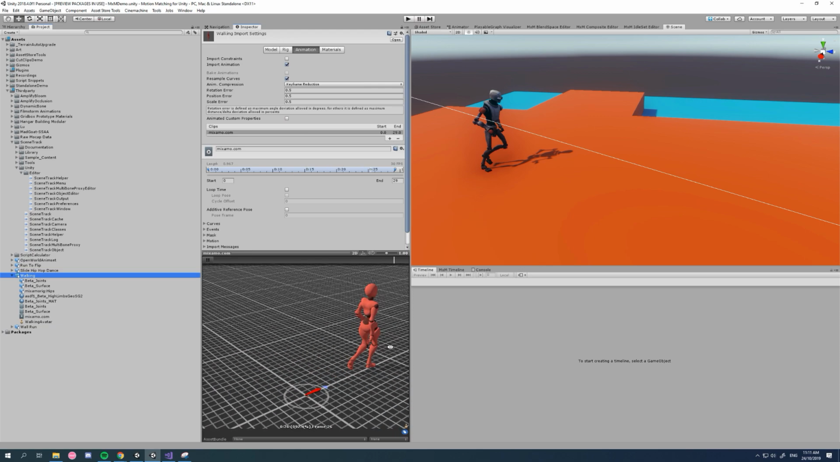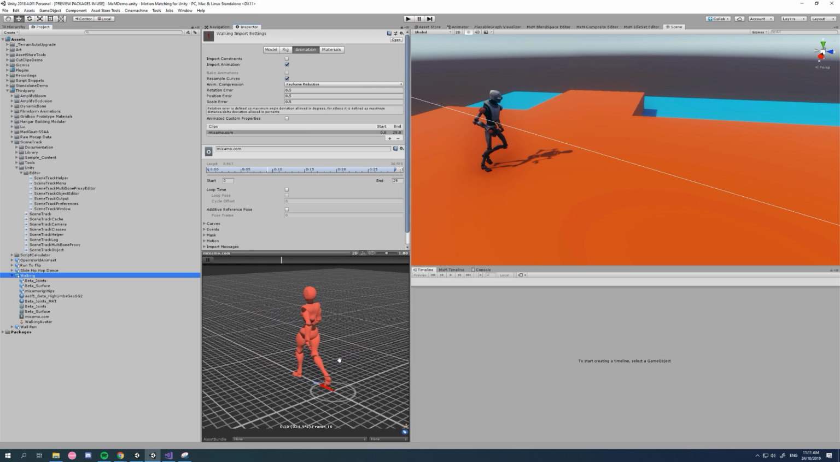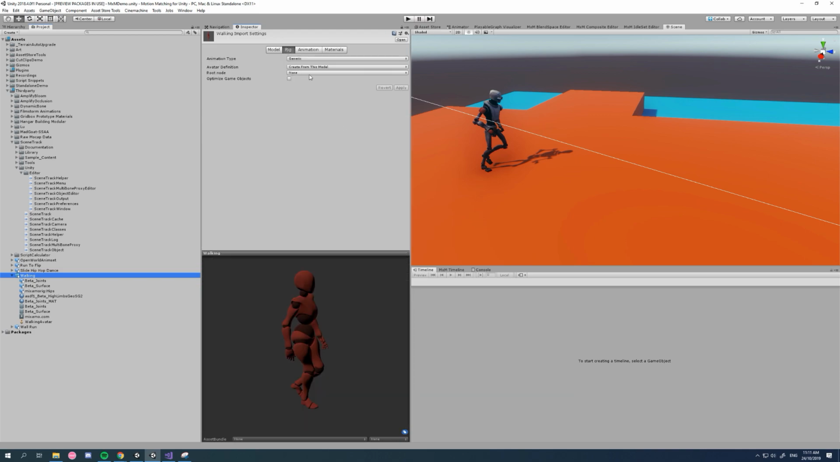Now the first thing you're going to notice is there's definitely a problem here. The root just stays at 0, 0 and the character keeps moving. It's because Unity doesn't know with a generic rig how to get the root. So let's go to our rig and let's choose a root node. So this is what we need to do. Choose a root node,